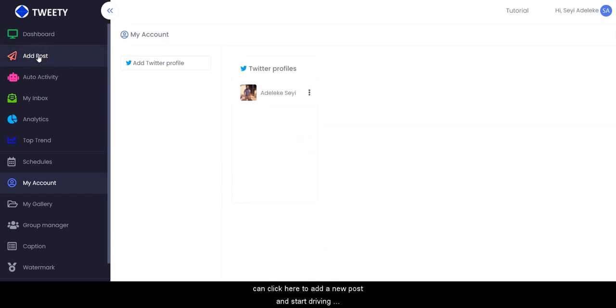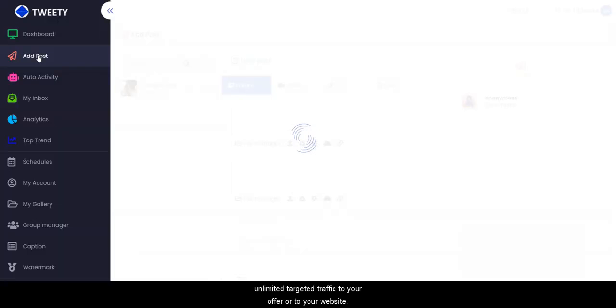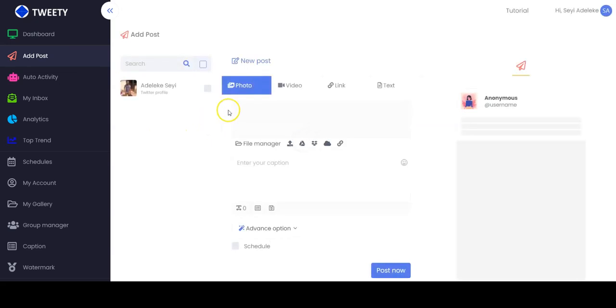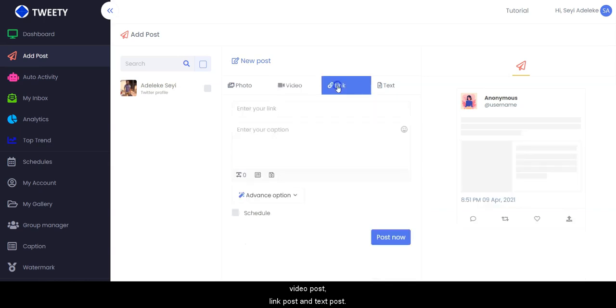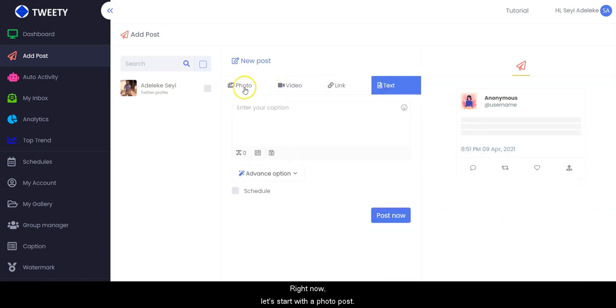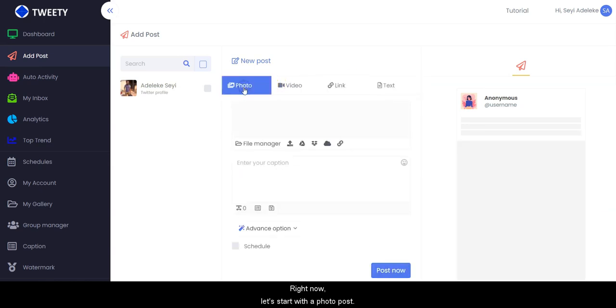and start driving unlimited targeted traffic to your offer or to your website. With Tweety, you can create photo post, video post, link post, and text post. Alright. Now, let's start with the photo post. You can select photo from File Manager, or you upload from your computer. At the same time, you can import file from Google Drive, from Dropbox, from OneDrive, and also from the media